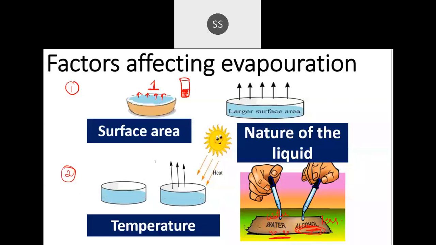If you take water and acetone and observe the level of both liquids, you can keep them for one day and then see the level of both. You will see that acetone has escaped faster than water, because the force of attraction between its molecules is very weak. Due to that weak force of attraction, they escape out faster. So evaporation also depends on the intermolecular force of attraction. I believe it is clear. You can make a note of all this.